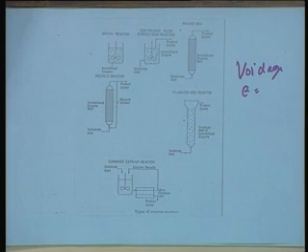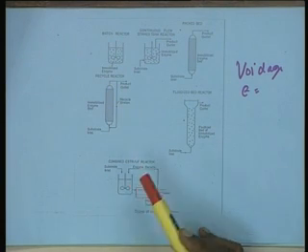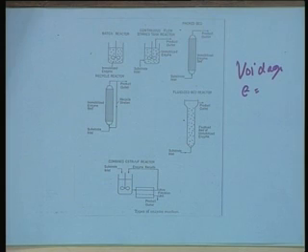So, it is a form of a recycle reactor, just like we saw in the case of total recycled packed bed, which operates as a batch reactor, or even in some cases as a continuous reactor. A recycle reactor can be used, where part of the output stream is recycled and part is taken out as a product. In this case here again we do the same thing, a part of the output stream which is the filtrate from the ultrafiltration unit is taken out as the product stream, and the retentate of the ultrafiltration unit is recycled back into the reactor and it can be operated as a continuous reactor.